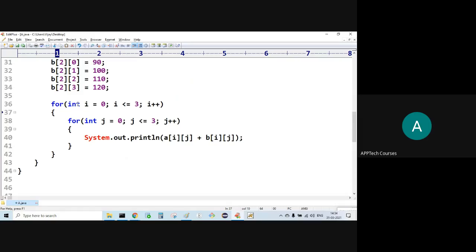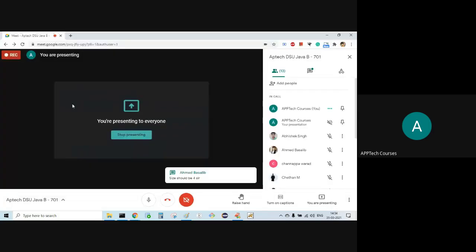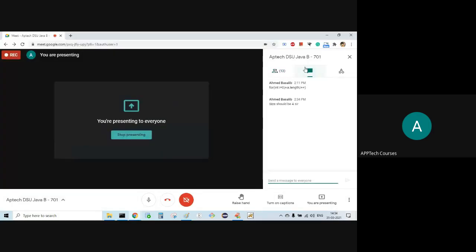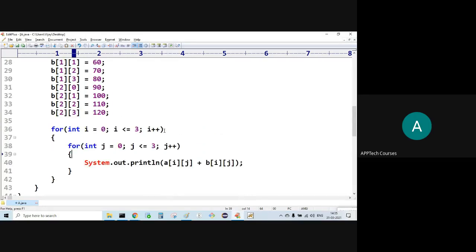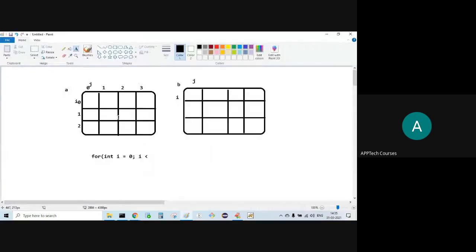J is taking column values. Okay. J is equal to 0 to 3. Yeah. Column should take 4. Size should be 4. Inner loop: here, which array size is 4? J.